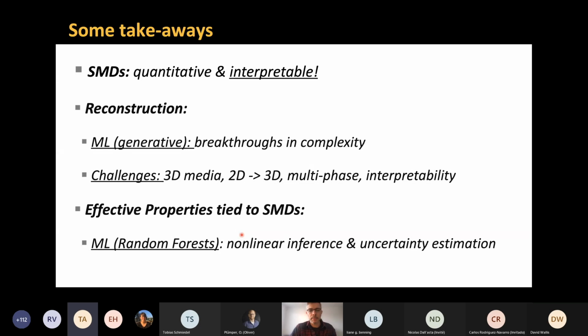Multi-phase materials, I showed you only 2-phase examples, but multi-phase materials are very much part of the research in the community, and generating interpretable predictions of materials is key, and this is a focus for us and our colleagues in Arizona. I also showed you that if you cannot have access directly to the microstructure, you may have indirect access because the effective properties or physical properties are tied to the patterns of the geometry. And I showed an example of using random forest to do a nonlinear inference that is fully Bayesian to estimate microstructure descriptors. That's it. Thank you for your time, and let us know if you have questions.